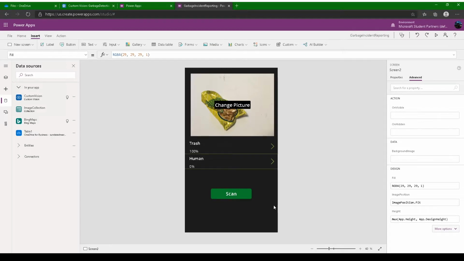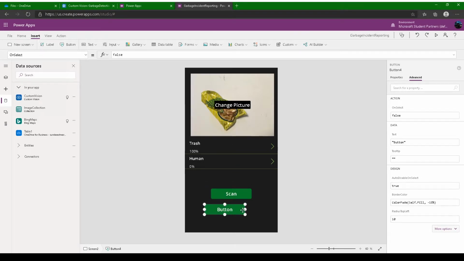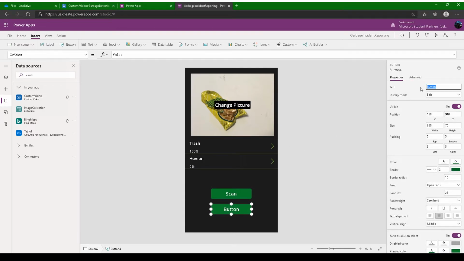Let's add a button here, and this button will add your location to the database. Let's name it send data.